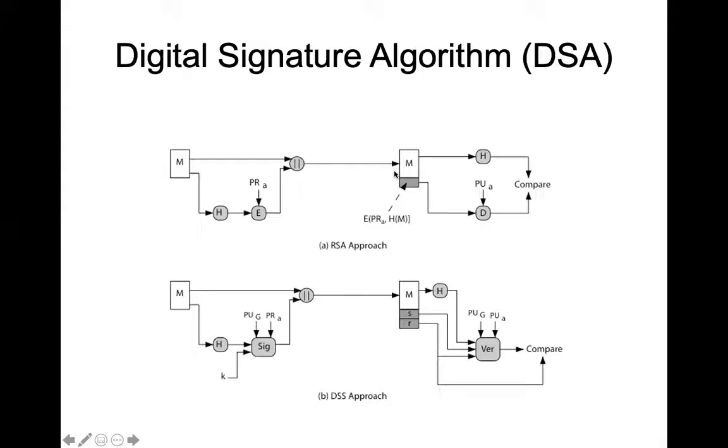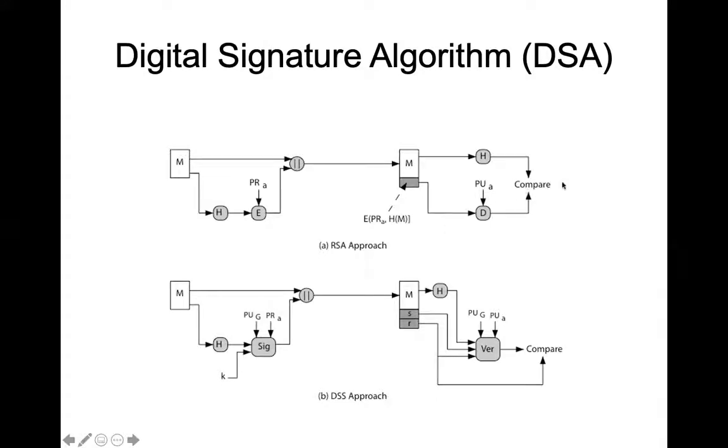Here I'm not using anything for message confidentiality, so the message is just being sent. Of course, you can optionally encrypt it with Bob's public key. But essentially, Bob gets this message as well as this digital signature. And what he does is that he hashes the message, and then he decrypts it with Alice's public key, which he has, and then he compares the output. That's the RSA approach